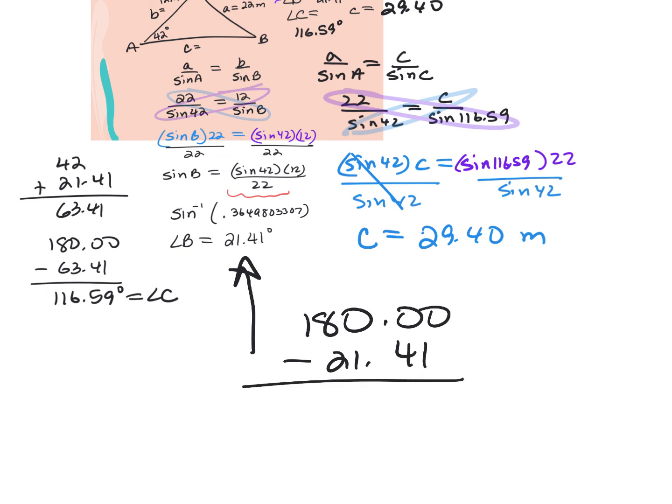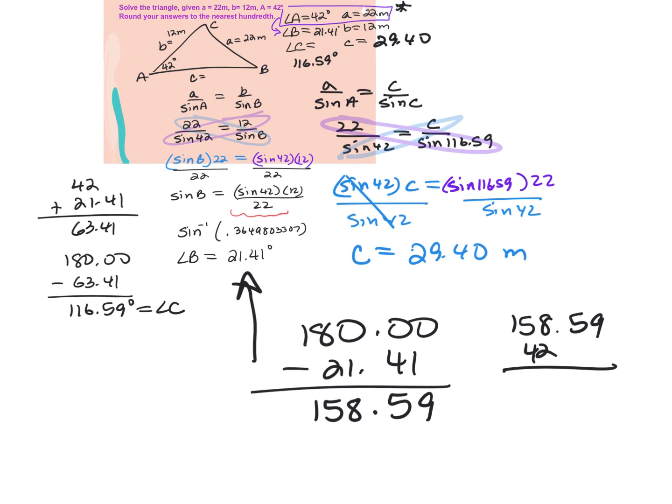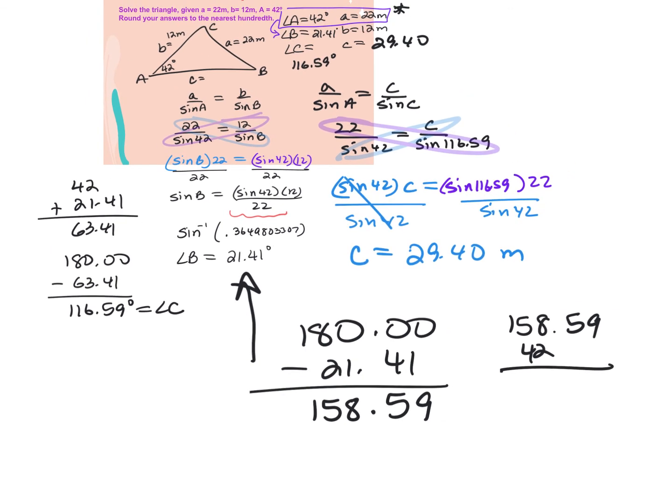And this is going to give me 158.59. Now, if there's a second triangle, this would be my second angle B. However, what I need to do is add this to the original angle that was given to me. So 158.59. As soon as I tried to add it to angle A that was given to me,